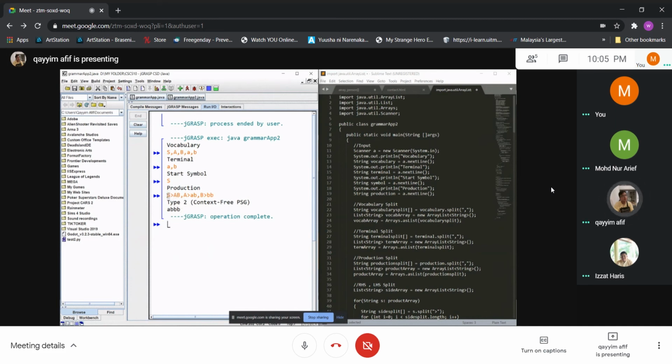First we start the production with S, and S becomes AB, and the AB needs to split in two. A becomes AB, which is here, and B becomes BB, which is here.